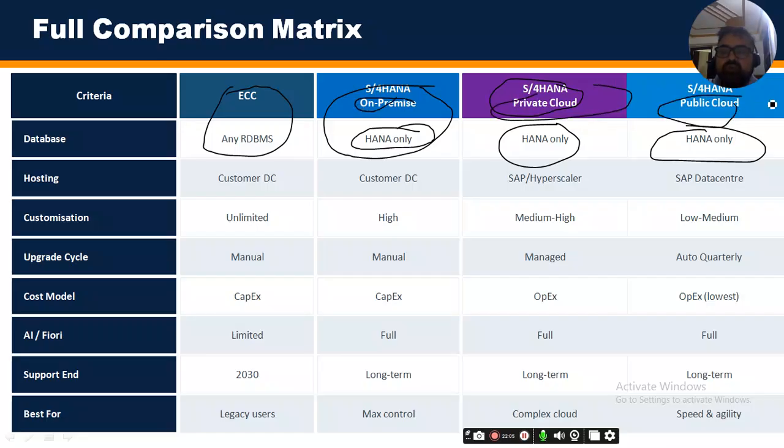Public is for small scale industry and private is for big. Here you can do the customization. Here you will have to use only standard SAP features. Here you can customize as per your industry requirement. Hosting is customer hosting, but hypercare scale and SAP data center. Customization is very limited. Yes, in SAP there is very limited